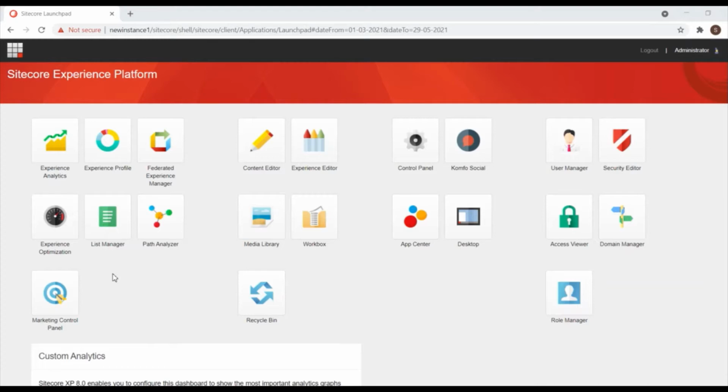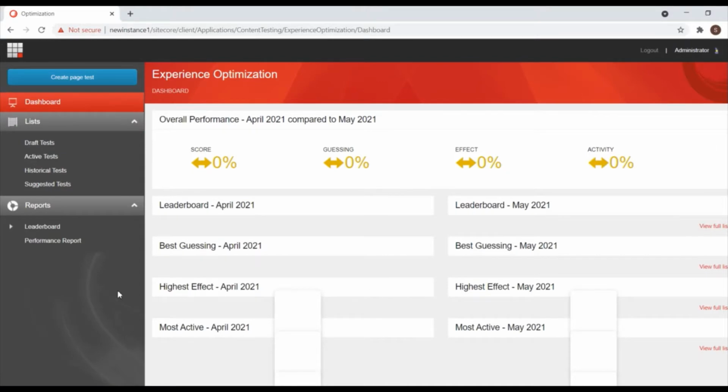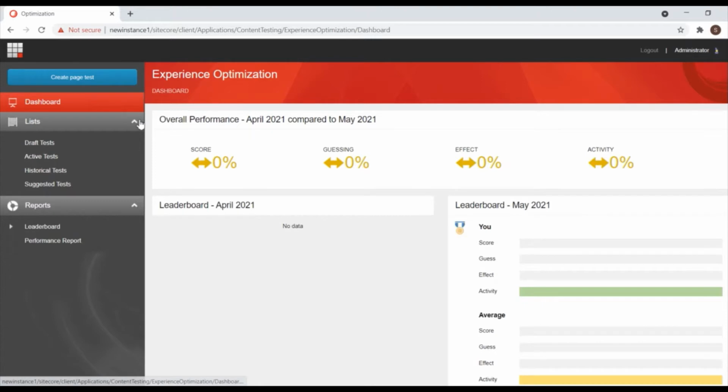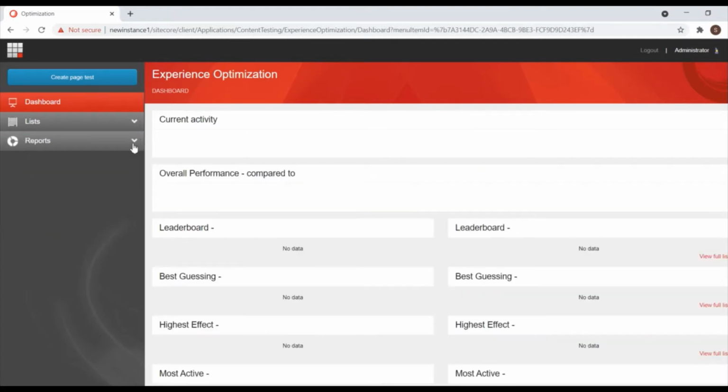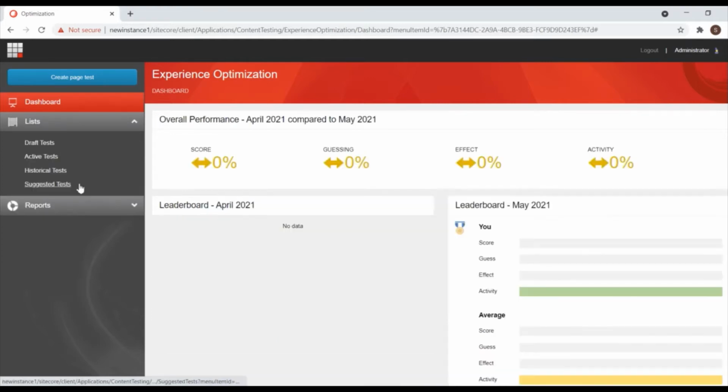Now it's loading. On the left side you will see the draft test, list, and reports. In the dashboard you will see all these details. Let us expand the list. Under list, you have draft test, active test, historical test, and suggested test.